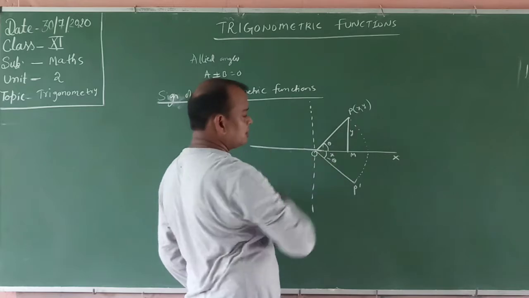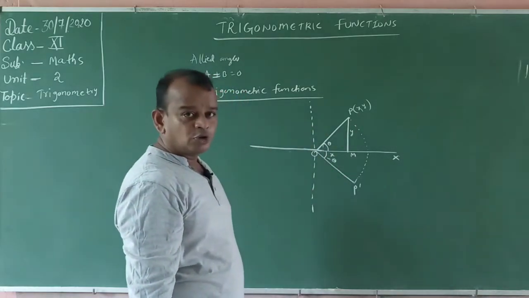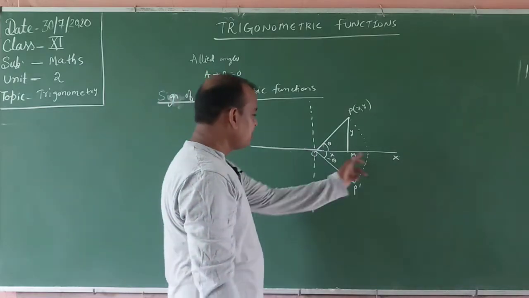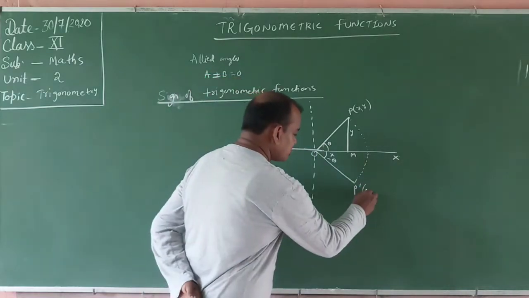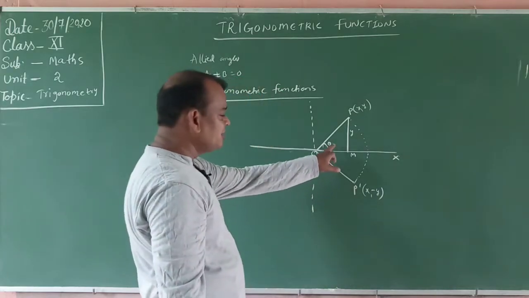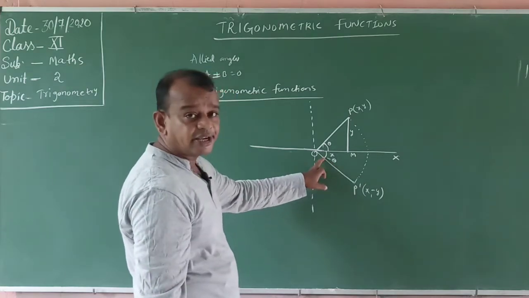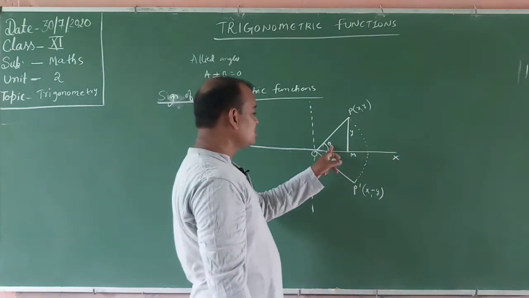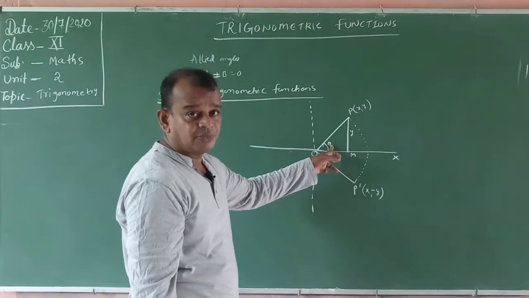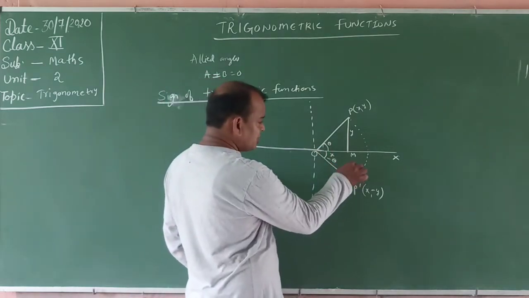First, second, third, fourth quadrant. In the fourth quadrant, y is negative and x is positive. Suppose this is (x, minus y). The angle value is the same but the direction is changed. Whenever the direction is clockwise, the angle is compulsorily negative. Whenever the direction is anti-clockwise, the angle is 100% positive. Say yes or no?